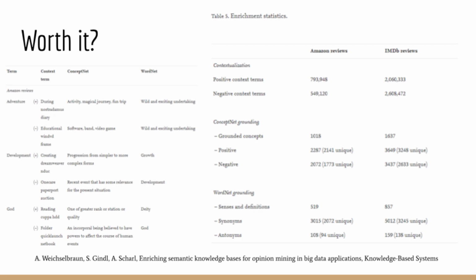The semantic networks, ConceptNet and WordNet, were then examined for related terms that matched with the polarity. In the ConceptNet and WordNet brackets, we can see the phrases and words that the Weichel-Brown team's system thought to relate to the term and their context terms. On the right, the authors showed the number of new terms they were able to generate that had a sentiment or polarity attached to them, making it easier to determine whether terms such as development correlated with a negative or positive review by allowing the authors to use these new terms from these semantic networks.